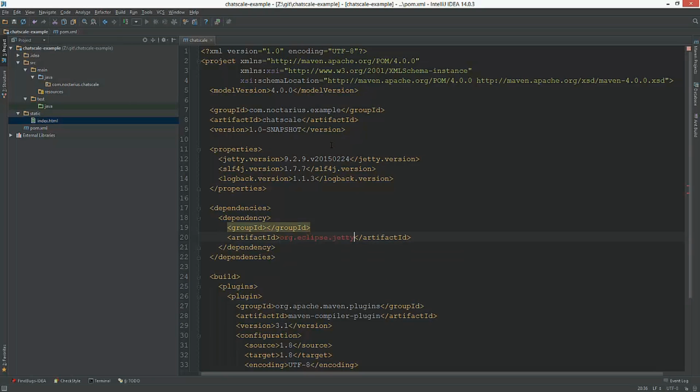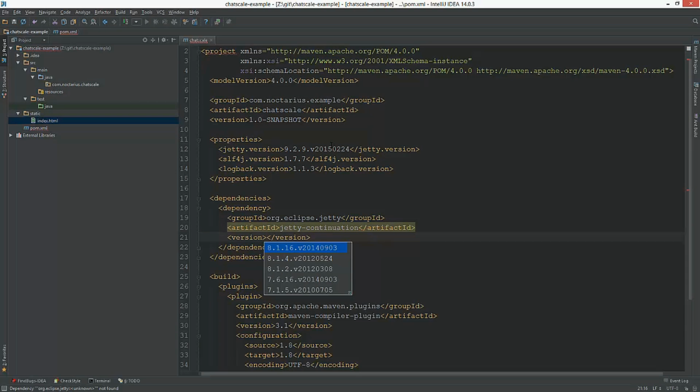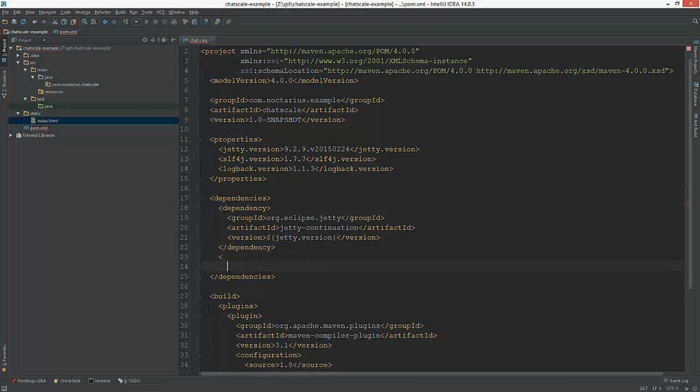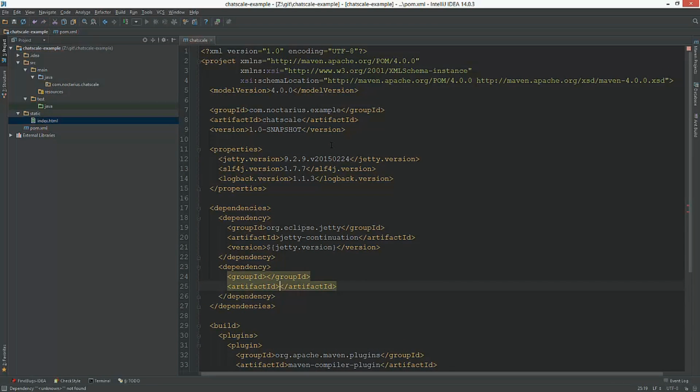So we want to, oh, this is the group ID, and we start by, let me see, I have some experience with the old versions of Jetty, not so far with the new versions, so there might be some difference between the version I used in the past and the current versions, but I guess we will just figure them out whenever they come up.